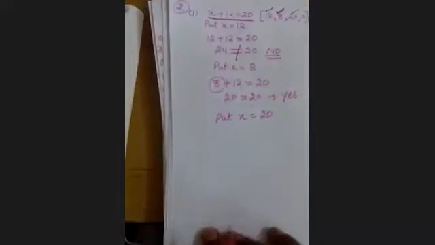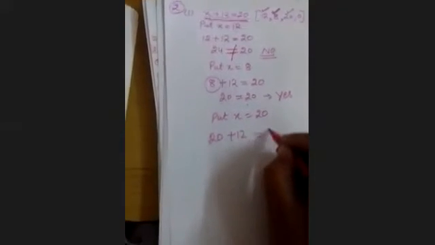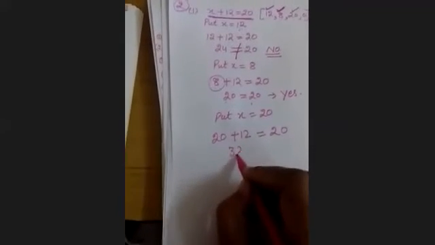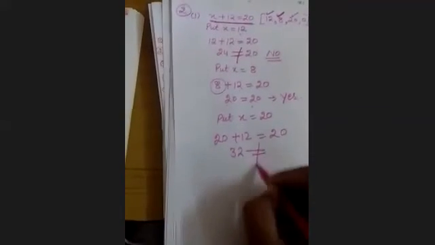Now put x is equal to 20. 20 plus 12 is 32. 32 is not equal to